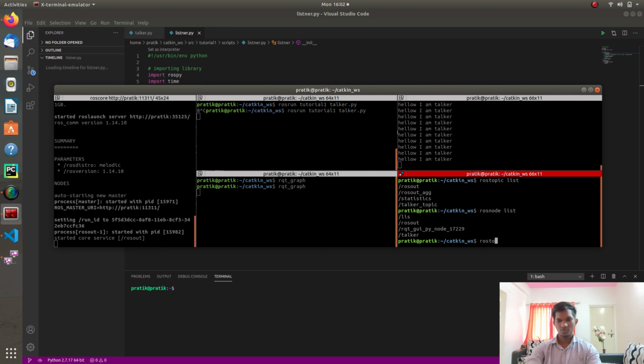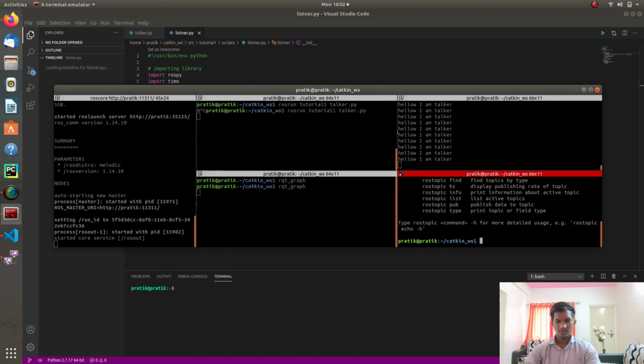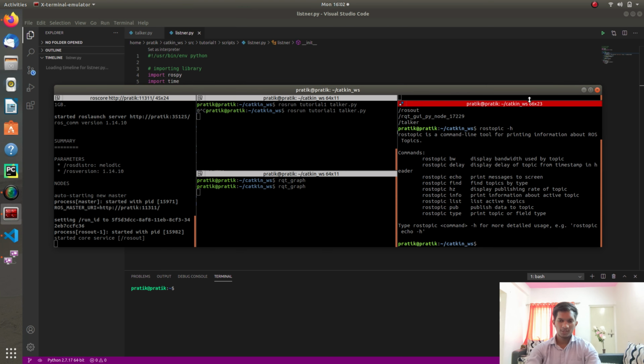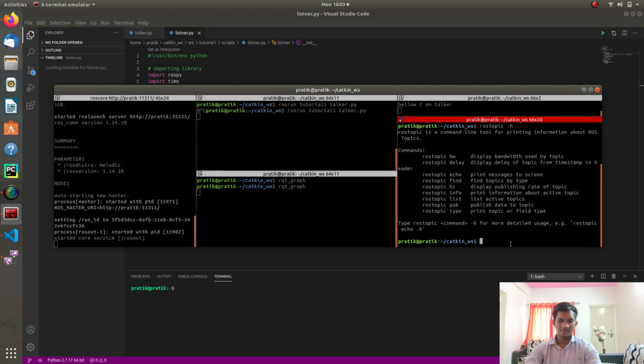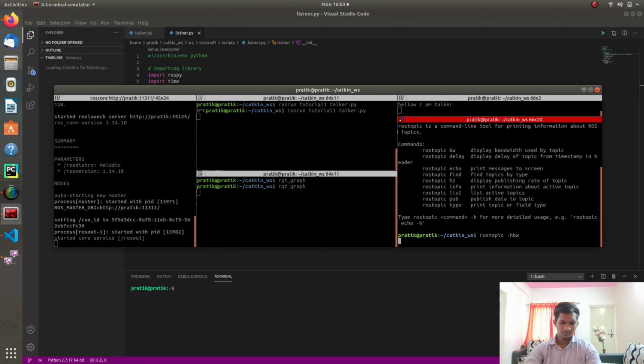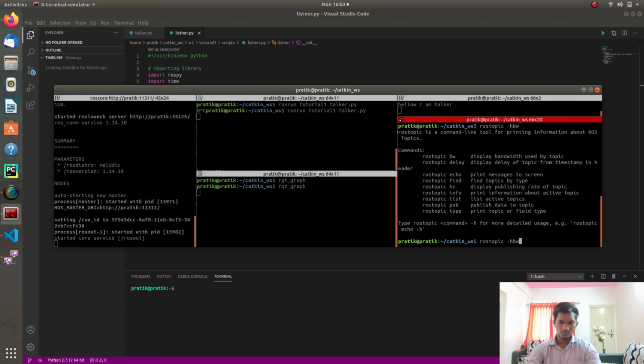After doing the -h, you can see that there are various commands you can use, such as rostopic bw. I have never used these commands, so I'll just try bw. Error: topic must be specified.